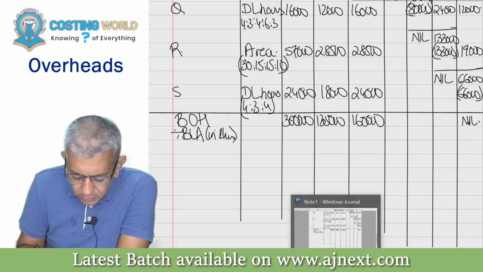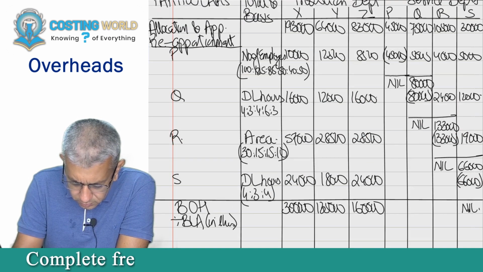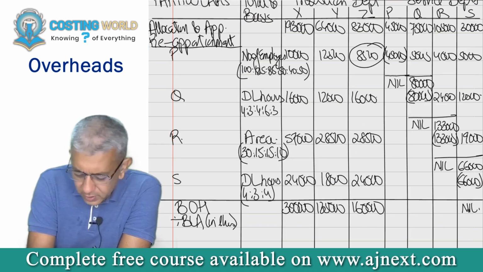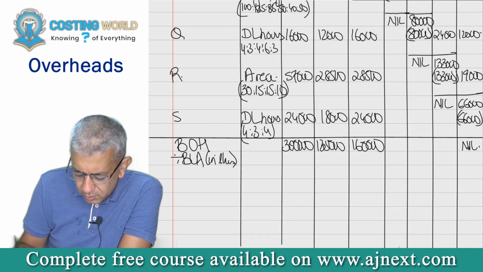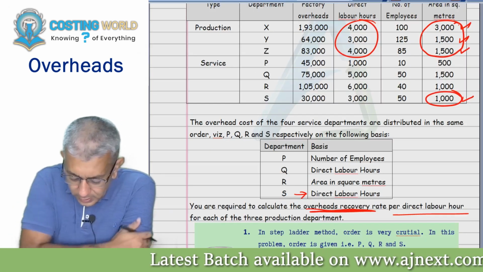1,65,000. No, 1,60,000. This is 8,500. This is 28,500. That will complete the 1,000, no? So, in the end, it cannot be 1,60,500. Okay. Now,